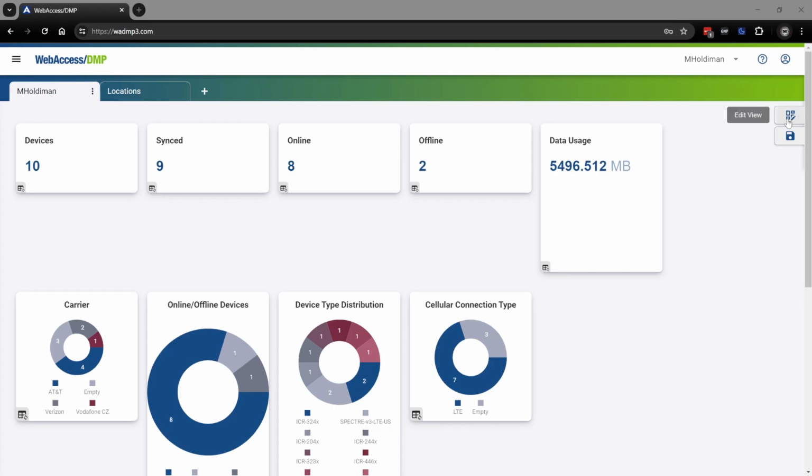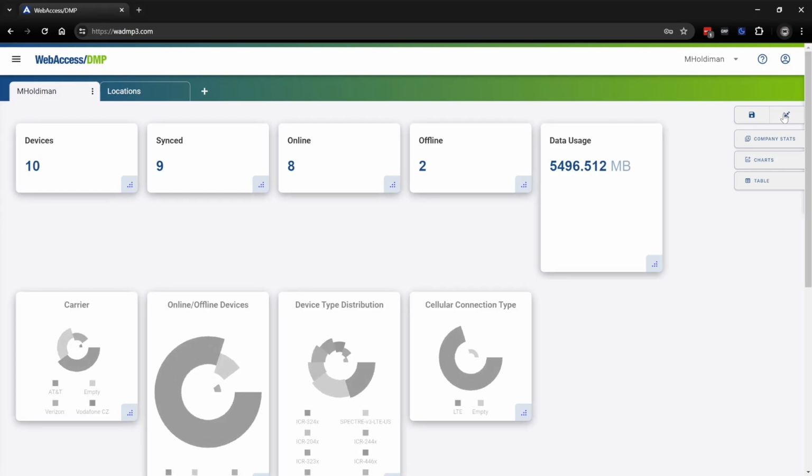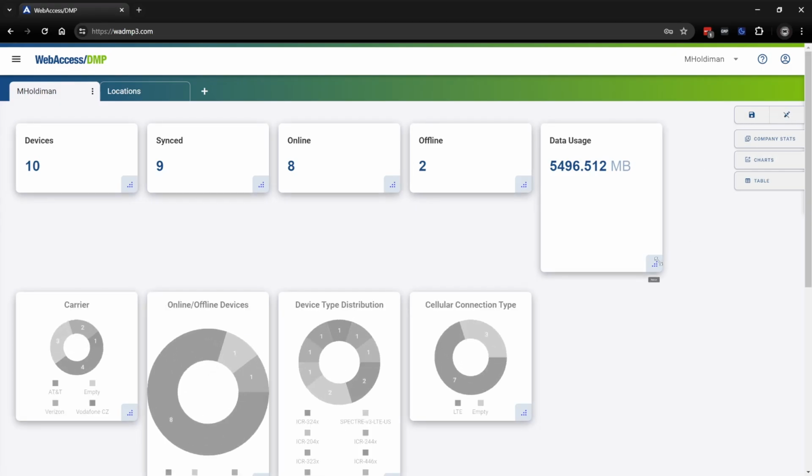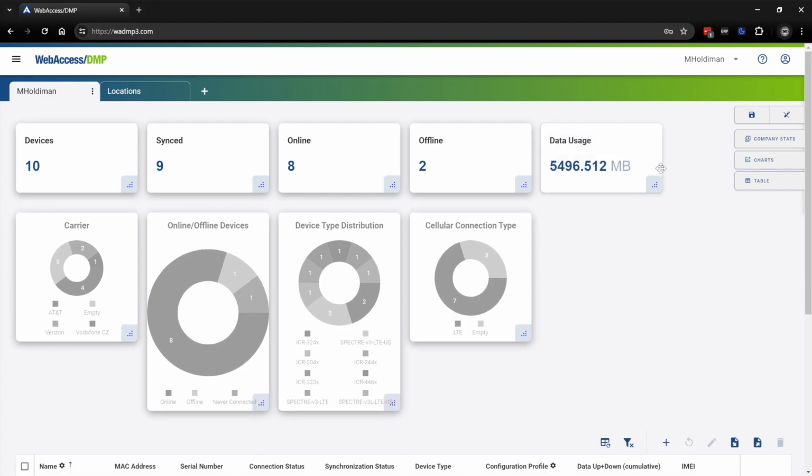So again, let's click on the top right Edit View button. When I do that, then I will move over to the widget I would like to resize, in this case again the data usage. Now when you're repositioning, you'll get that 4-pointed arrow. Now that I would like to resize, I will just get that 2-pointed, which is also noted by the resize tooltip. So I'm going to drag that up so it is the same size as the rest of the company